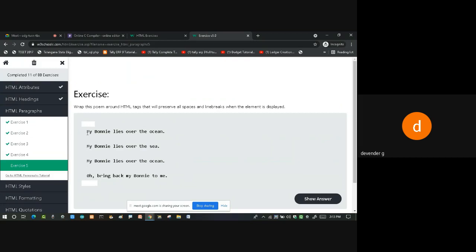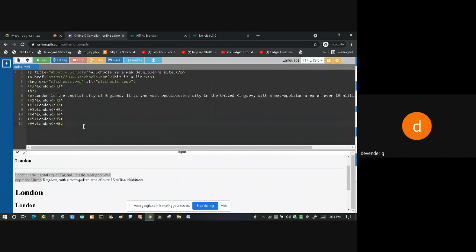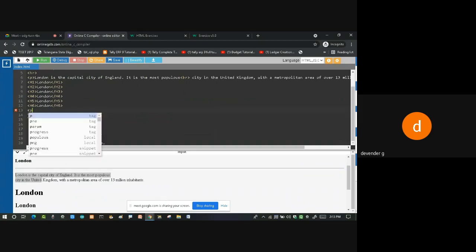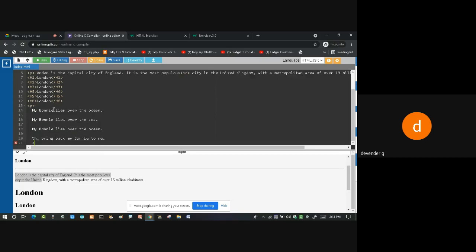If I write this in a normal paragraph, suppose I have written like this, the same thing I'll be typing over here. It's not a paragraph, ma. This is what I want as the output. If I use the opening of paragraph and closing of paragraph, then if I enter and see the output, what happens?